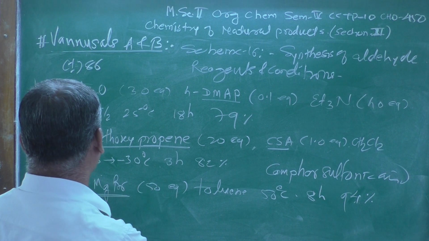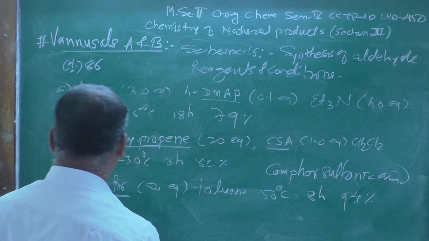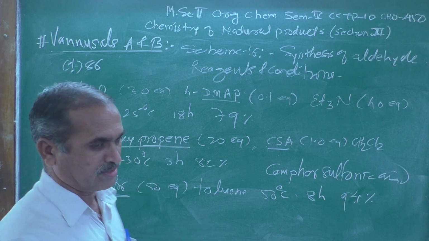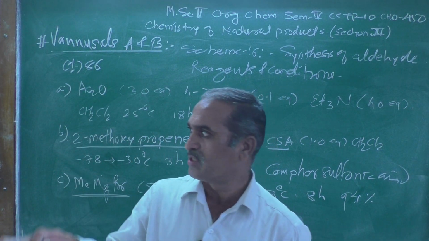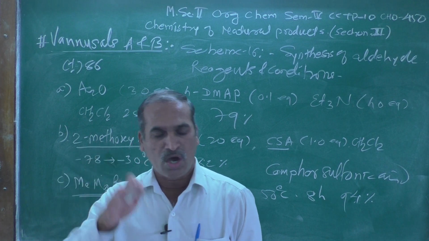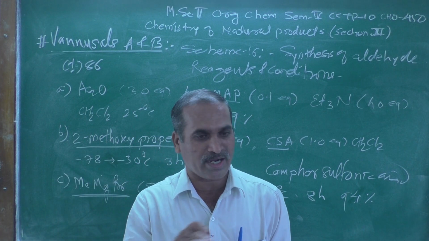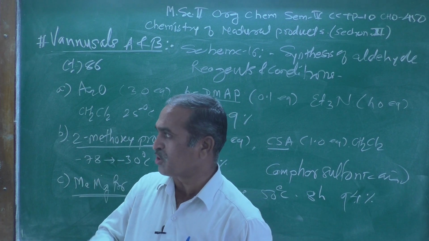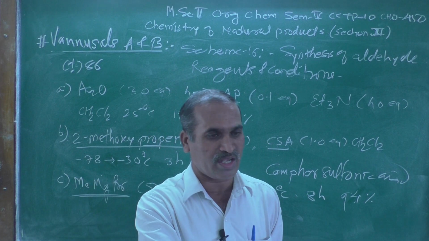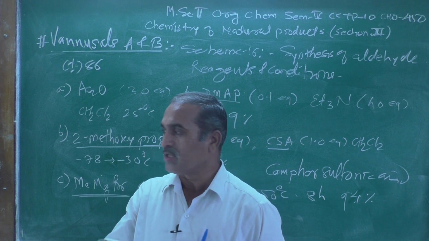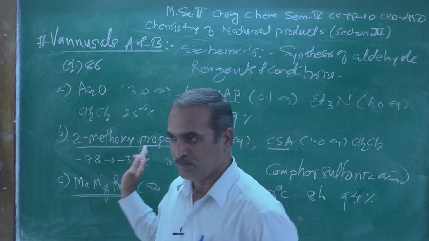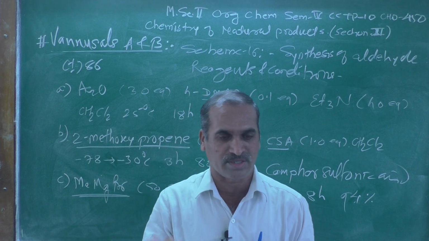A variety of organic compounds we can synthesize or manufacture by using a Grignard's reagent, and everybody knows this Grignard's reagent. How do you prepare that Grignard's reagent? Do you remember? The preparation of the Grignard's reagent is a very easy process, where the starting material used is an alkyl bromide in this particular reaction.